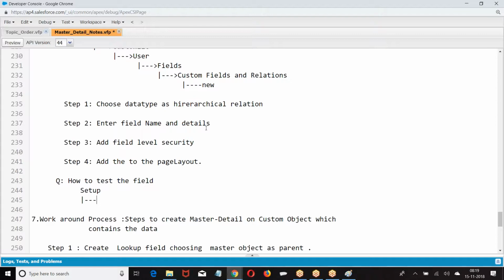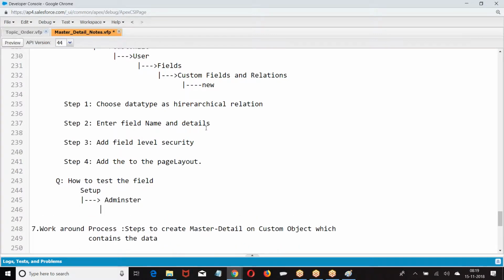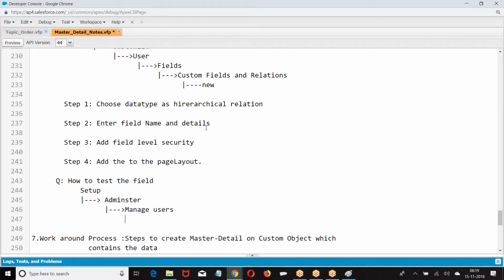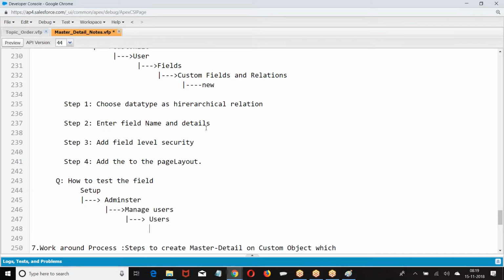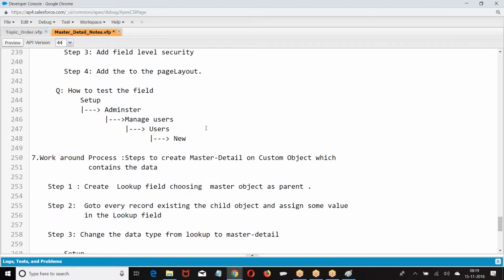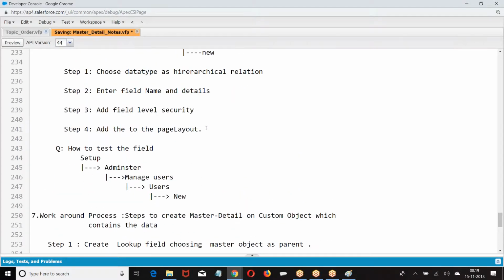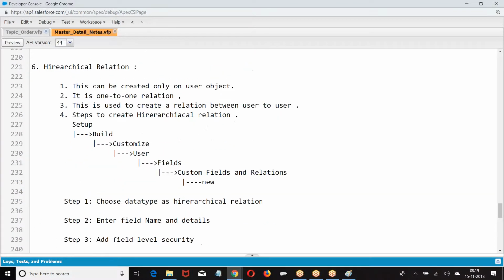Setup, administer, manage users, then you will find that particular field created. This is for testing whether a field was created or not. This is for creating the field.